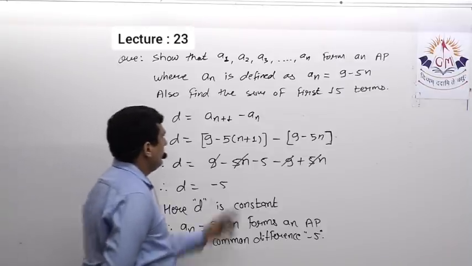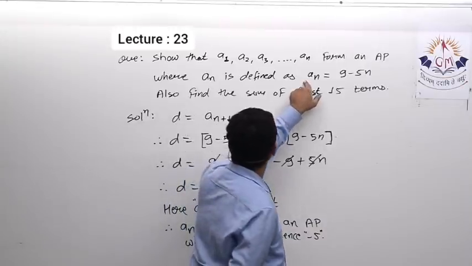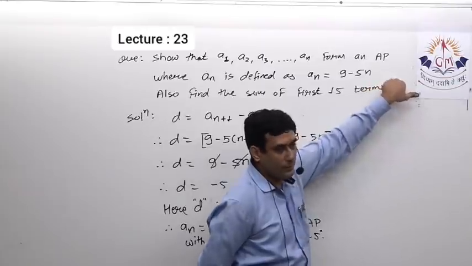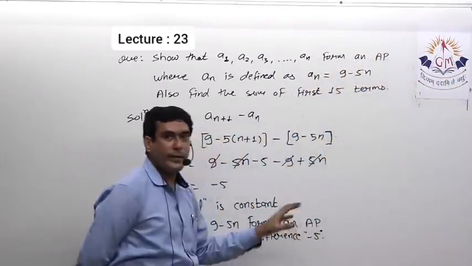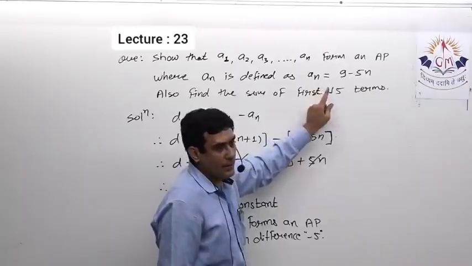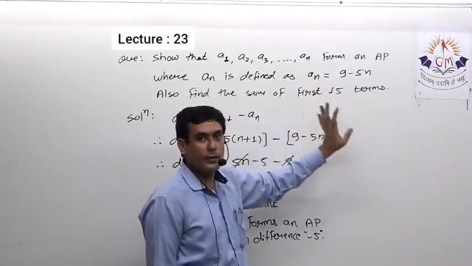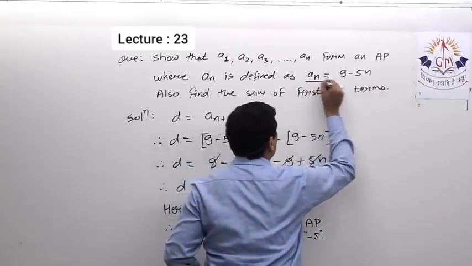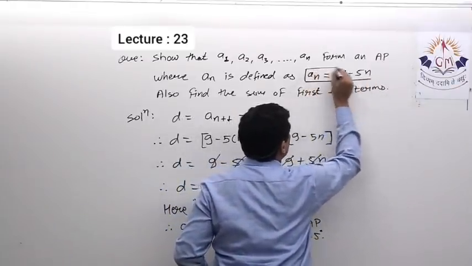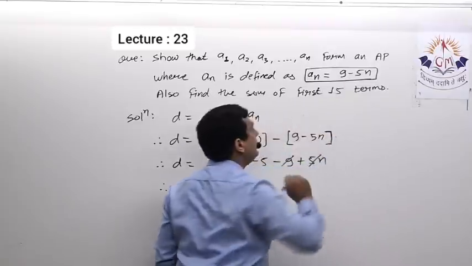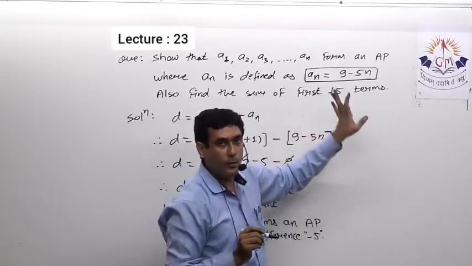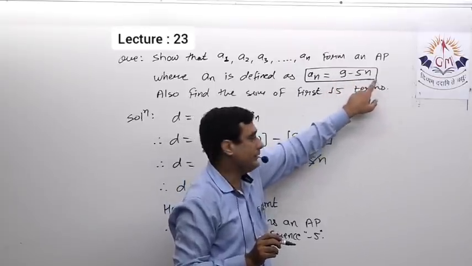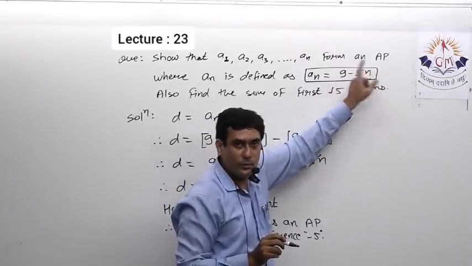Okay, so the question was, we have to show whether an equal to 5n minus 5 is an AP. Before solving it, I already knew that it is definitely an AP. Also I knew what its common difference will be. If you see this expression, it is a linear expression in n. I won't say linear polynomial, however it's a linear polynomial in n, but I will say it's a linear expression. Power of n is 1, so it's a linear expression.